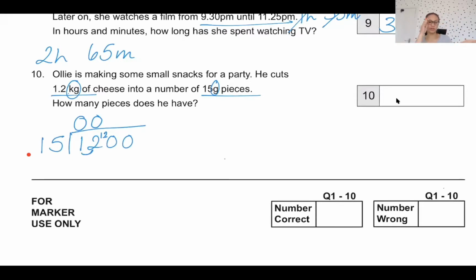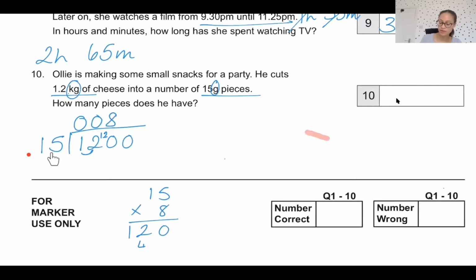You probably don't know your 15 times table, and that's okay. So use what you do know to estimate. So we know 15 times 2, for example, is 30. That's too low. 15 times 10 is 150, and that's too high, but it's kind of close. So I would say do 15 times 8, and if you're not sure, you can do 15 times 8 over to the side, see what you get. You get 120. So 15 goes into 120 8 times, and then don't forget to try and put it in that